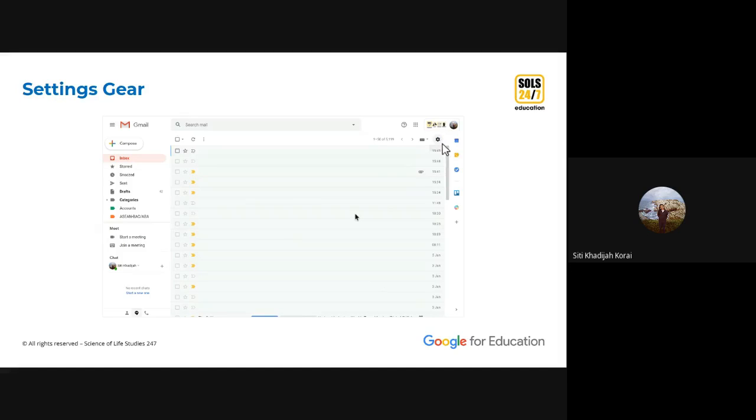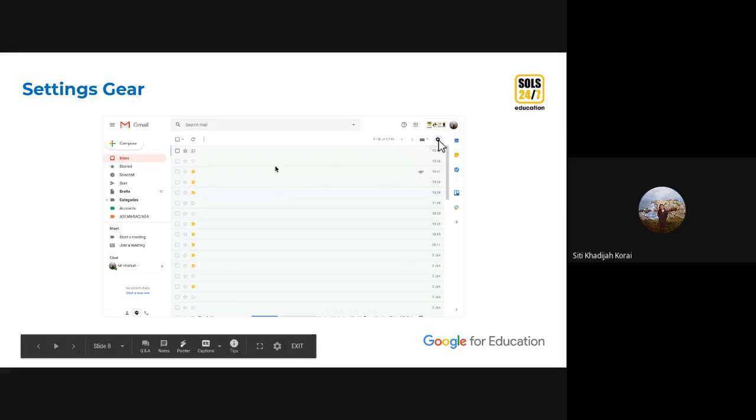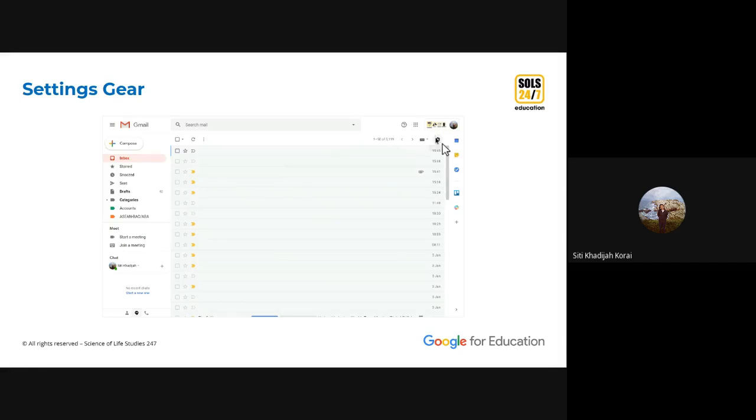You need to go to your settings. So you are looking for the settings gear in your Gmail. On your top right, above all your inbox mail, you will see this gear logo. So you are looking for this icon, and you click on the icon